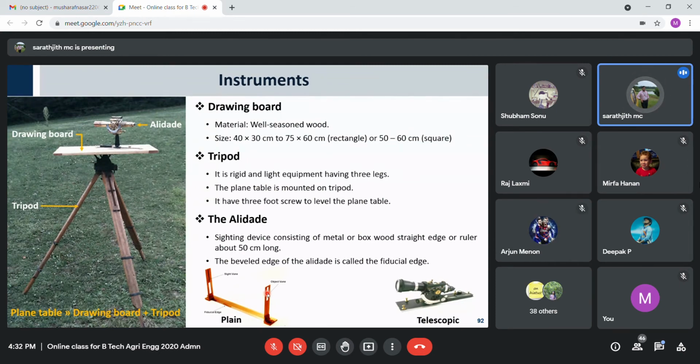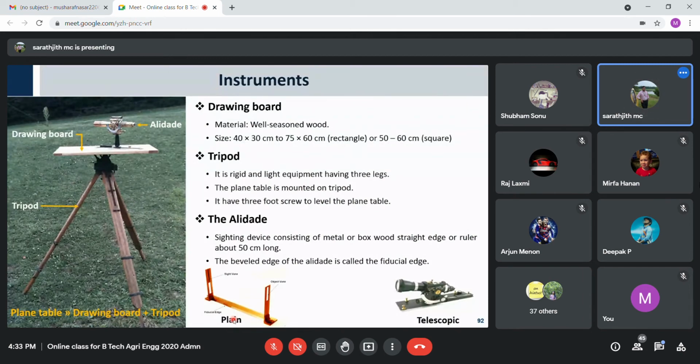Okay, so that is the plain alidade. In the telescopic alidade, you make use of prisms and lenses, and you can also tilt it in the vertical direction. So you will have the liberty to adjust the focus, and to change the vertical angle for suitable sighting. You will have more flexibility, and the sighting will be easier with the telescopic alidade. But you can also do it with the plain alidade. There is not much difficulty. These are the two different kinds of alidade that can be used.